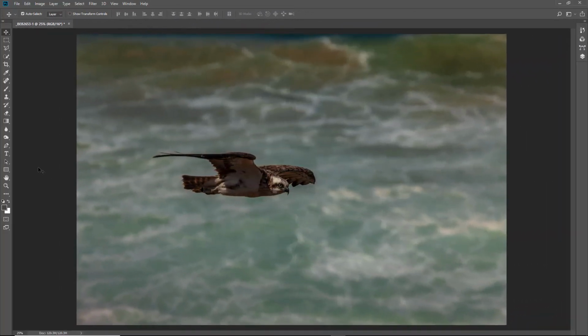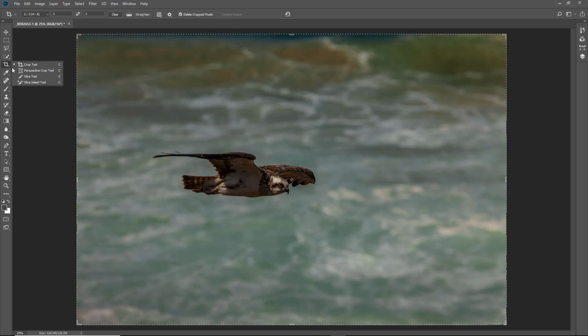Now here I've opened up another of my Eagle pictures. This one again is uncropped, but I've opened it up into Photoshop. The crop tool is 5 tools down from the top, but once again the same shortcut. We'll select it and I've just touched the C key, but we do have quite a few options here. I'm going to click and hold and say that of all of these we're going to only concentrate on this one, the crop tool. But we do need to say something about the options along the top of the screen,